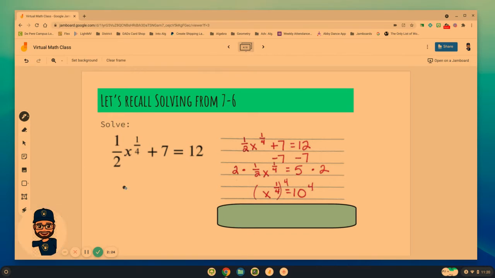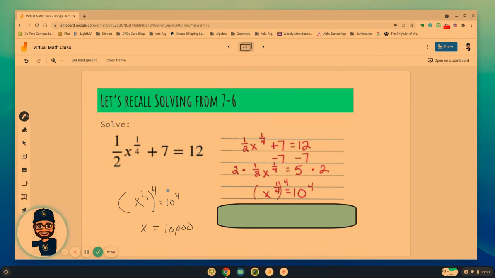I should just write that a little bit differently. x to the 1/4 equals 10. How did we undo 1/4? Well, we raised it to the power of 4. Same thing on the right-hand side. x equals 10,000. And so we're really trying to undo these rational exponents by using those reciprocal powers, because of the